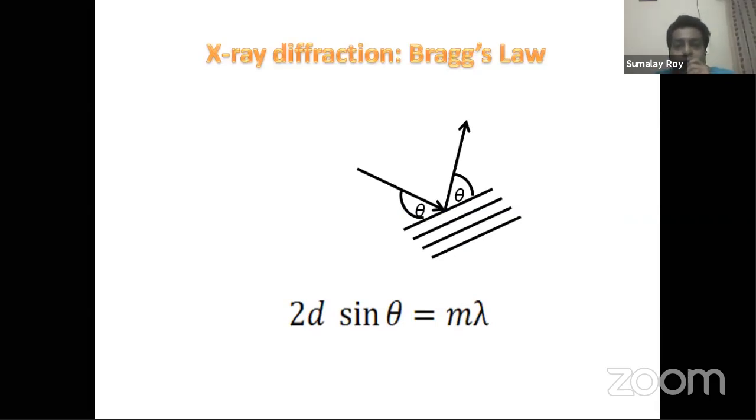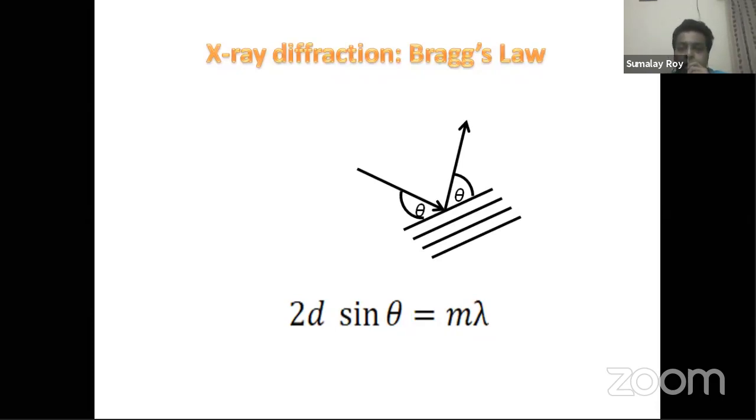In X-ray diffraction, Bragg's law, we see there is an incident X-ray and the reflected X-ray. Bragg modeled the crystal as different lattice planes, which act like parallel mirrors reflecting the X-rays. So many times you will see Bragg's law of diffraction called Bragg's law of reflection. It is not said Bragg refracted, it's said reflected. This is the model for the lattice planes Bragg introduced, and this is a diffraction due to reflection.